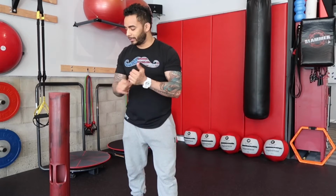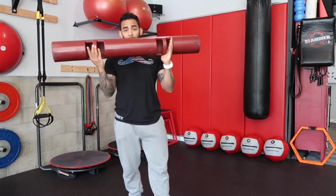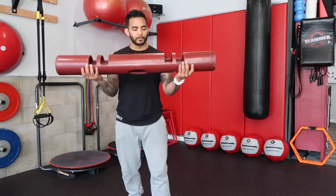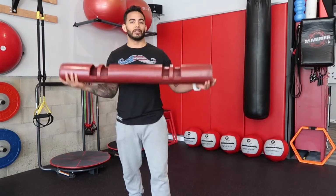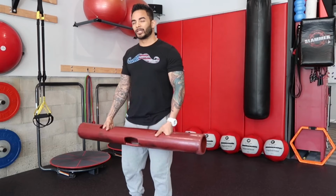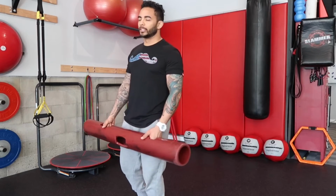So most people are familiar with a deadlift. It is a movement that can be done with a barbell or a dumbbell. In this case, I'm going to use a Viper, right? Which is a weighted tubular device that we have here that we like to use a lot for loaded movement training, right? But a deadlift is essentially a hip hinge exercise, and there's a few different variations, but generally they